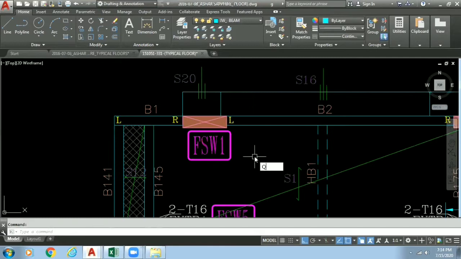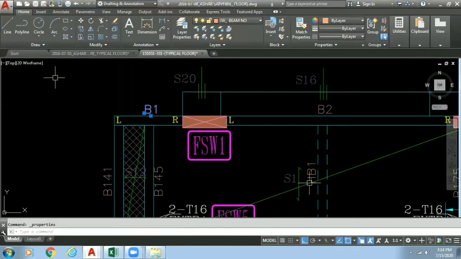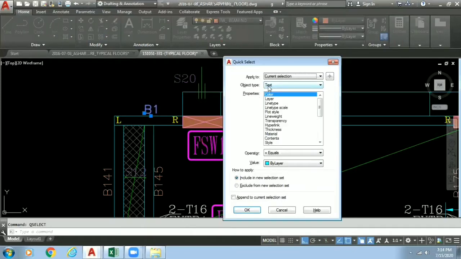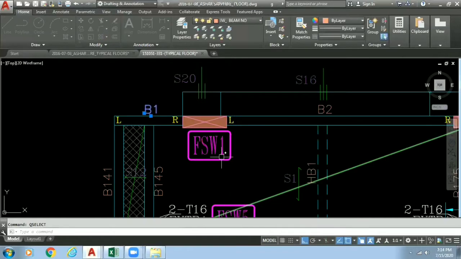So how will we do that? Quick select. First go and check what the properties of this particular thing are. So it's a text. You can see it's a text made under the layer JW beam number. So that's enough for me. I will give a quick select, text, then I will go to layer, then select JW beam number and give OK.